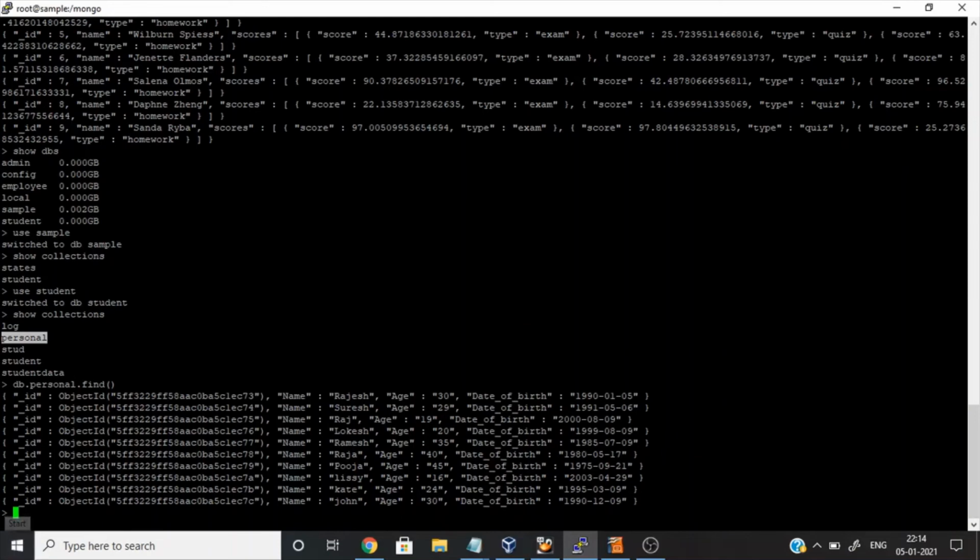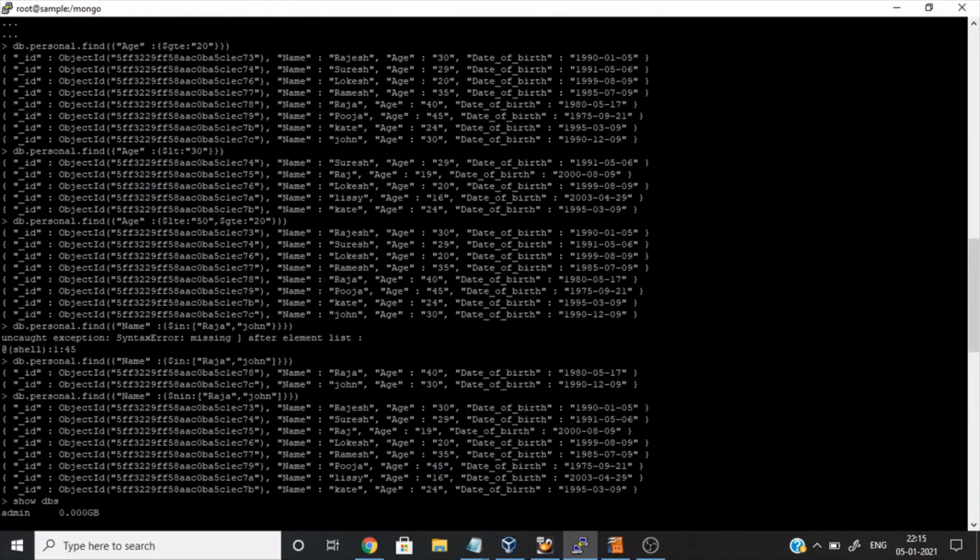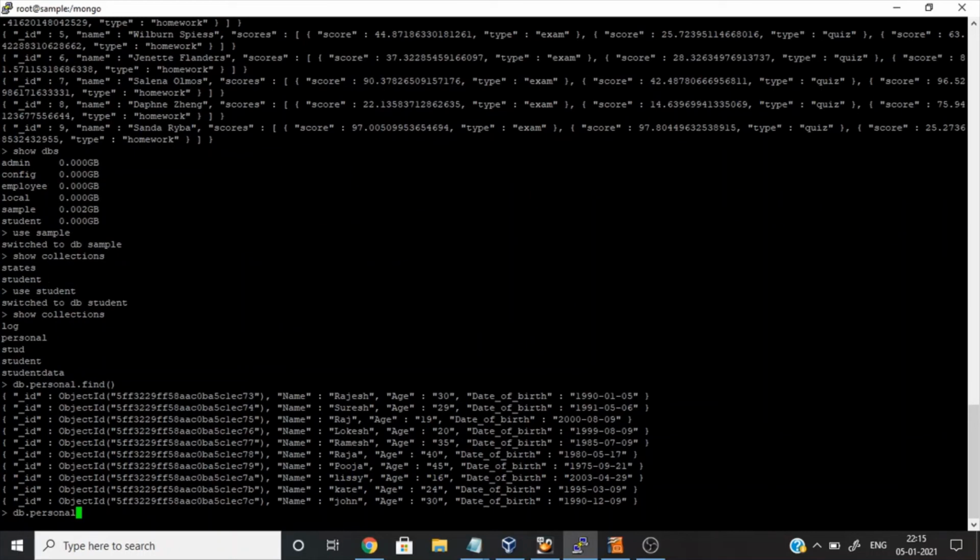For that, same thing, personal, and I'm using the same filter as before: age between 20 and 50. Then dot sort, and I'm going to use age.